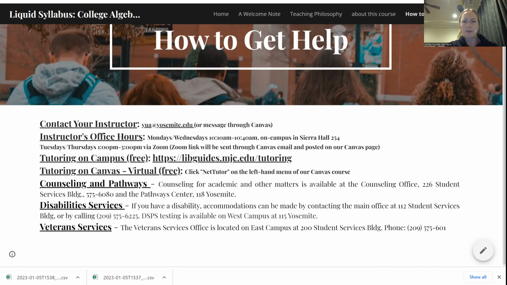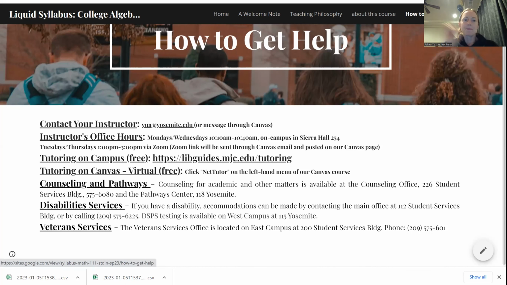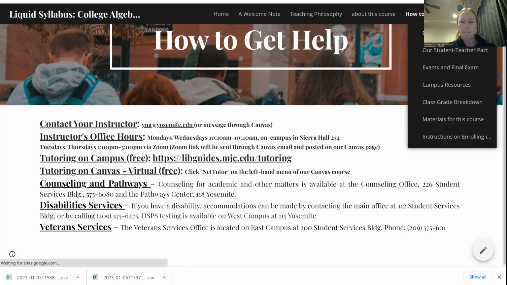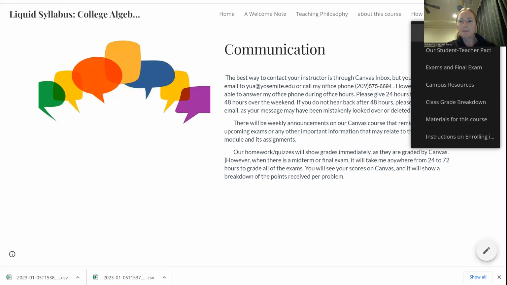But if there's any other things you're wondering about on campus, you can let me know and I'll try to find them as well, if there's something that's not listed there. So we've exhausted all the pages that are listed. Now I have to go to the drop-down menu, more communication policy. So just kind of saying, I'll try to send a weekly announcement about the current week. Okay, what are we working on and what's new and what do you have to look out for? Was the midterm coming up or anything like that?